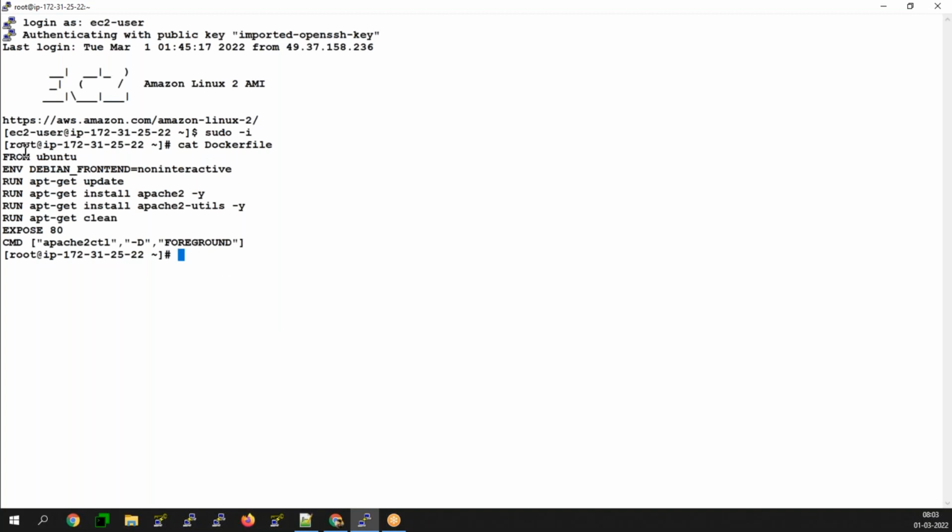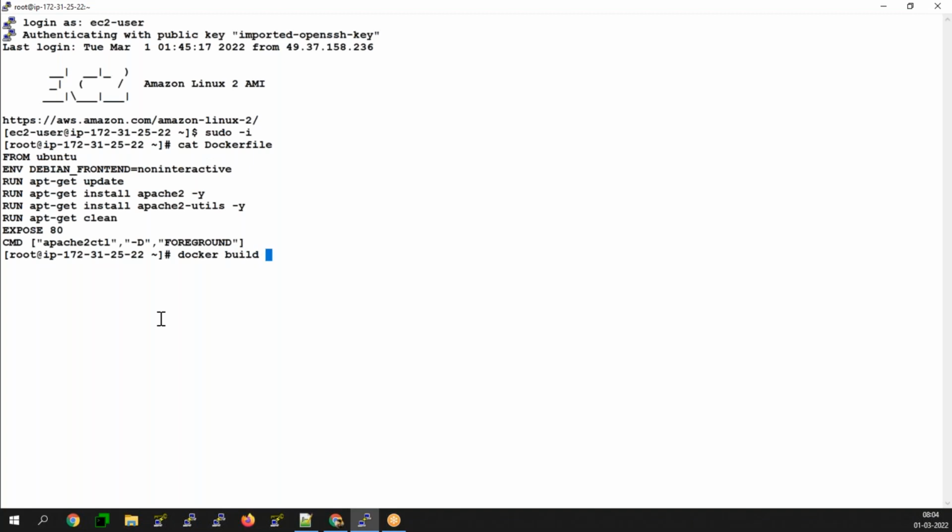You download the respective Ubuntu image, the Debian, which is your operating system over there, install the respective updates, install Apache 2 and its respective utilities, expose port 80, and run on the respective init container over your Docker. So now here you are building a Docker